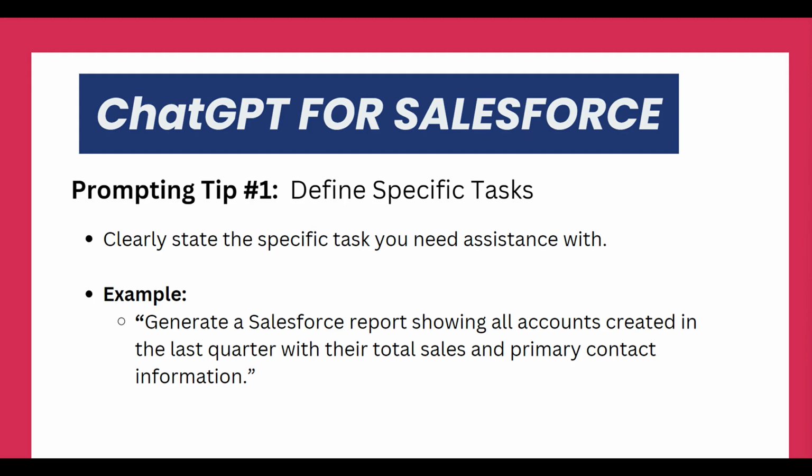When prompting ChatGPT, you want to clearly state the specific tasks you need assistance with. Think of this as giving a precise direction to someone who's helping you. If you need specific information or a particular task done, it's better to explain exactly what you want. For example, generate a Salesforce report showing all accounts created in the last quarter with their total sales and primary